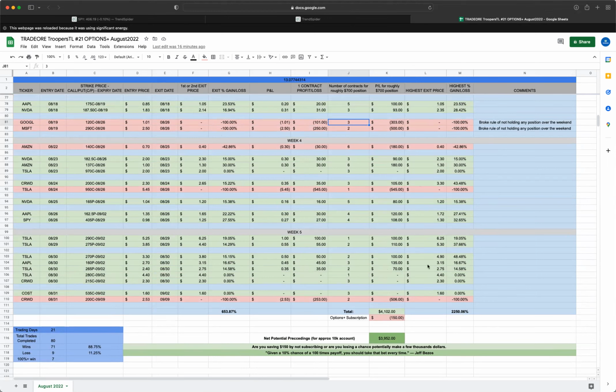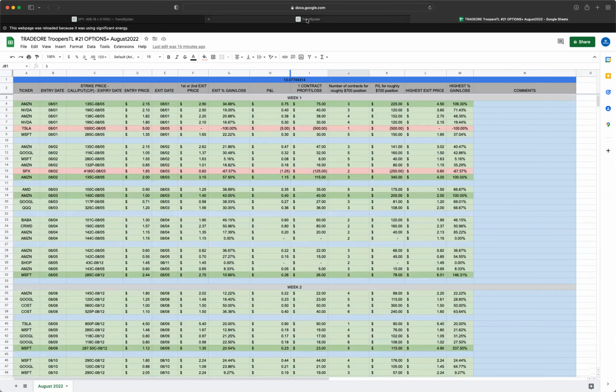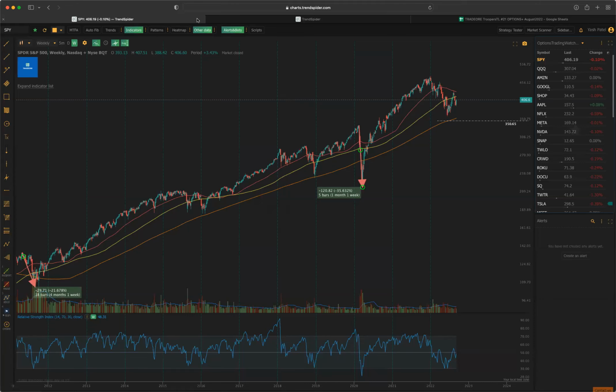If we count this exit, then this number would have been probably 10,000 plus easily. But this is more realistic. This is closer to the realistic number that you could have made if you follow the rules, if you took every single position, following the rules, and keeping the position size at 700. Anyway, so that was the TradeLog analysis for August, and let's jump into